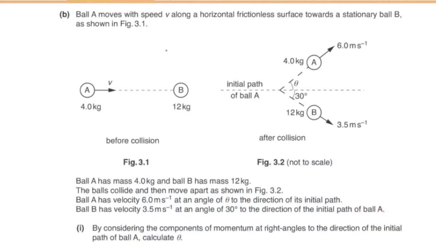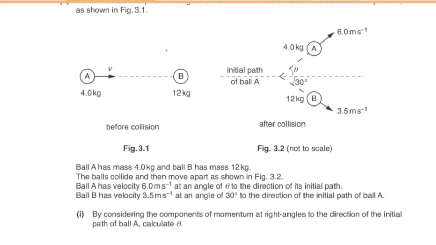Part B, ball A moves with speed v along a horizontal frictionless surface towards a stationary ball B as shown in figure 3.1. Ball A has mass 4 kilograms and ball B has mass 12 kilograms. The balls collide and then move apart as shown in figure 3.2. Ball A has velocity 6 meters per second at an angle of theta to the direction of its initial path. Ball B has velocity 3.5 meters per second at an angle of 30 degrees to the direction of the initial